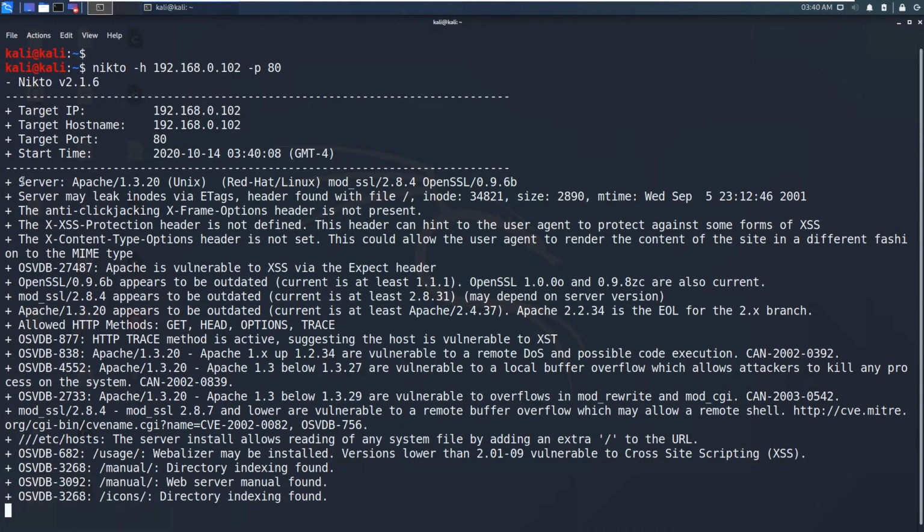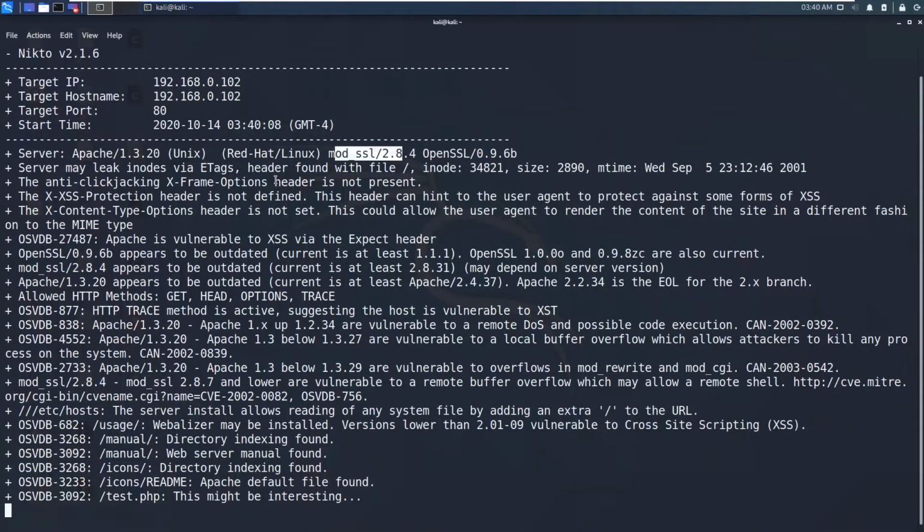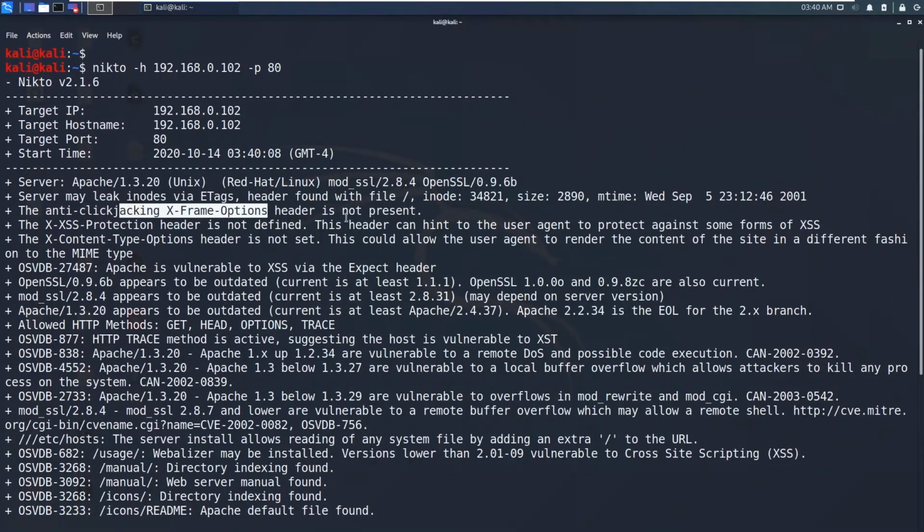As you can see, it is telling me that the server is Apache 1.3.20 and the mod_ssl version is 2.8.4. Server may leak inodes via ETags, header found with the file slash. You can also see the anti-clickjacking X-Frame-Options header is not present.